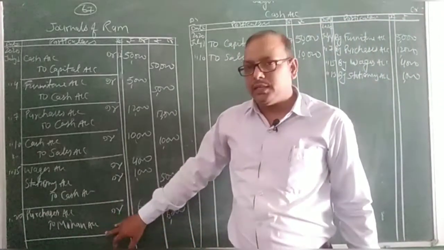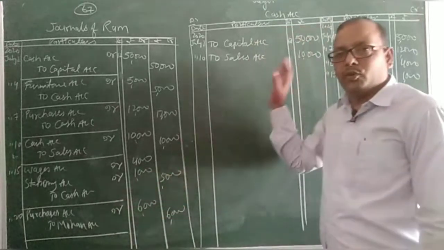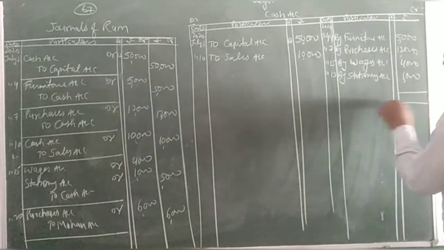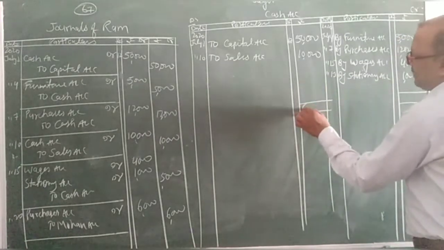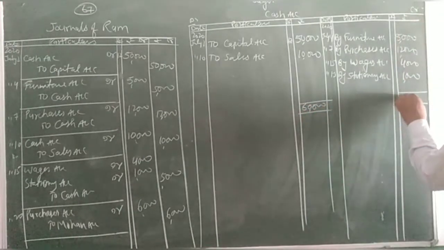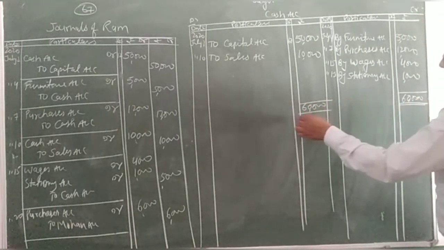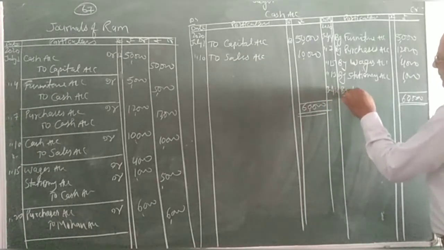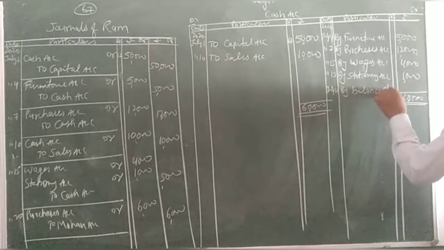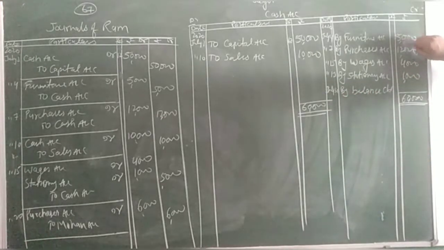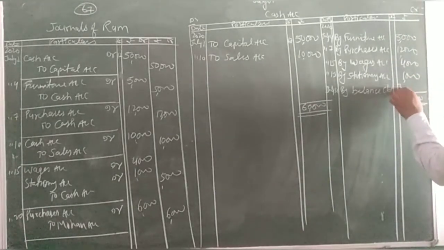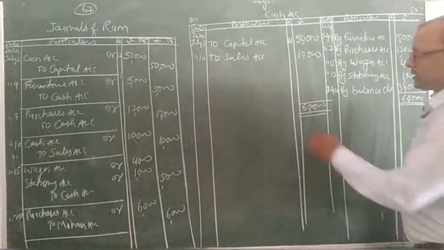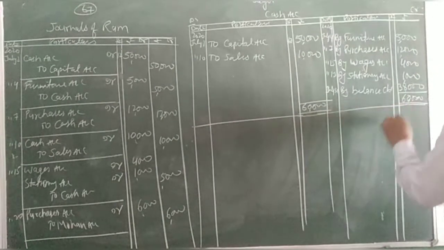In the last entry you can see there is no cash, so there will be no posting in cash. It will be closed as usual. The total of this side is 60,000. The total will be 60,000 because the debit side is more. On the last day, July 31, we have to balance it. So balance C/D: 12, 5, 17, 18, 22. The balance is coming to 38,000, so the total becomes 60,000. This is the first ledger account that I have prepared.